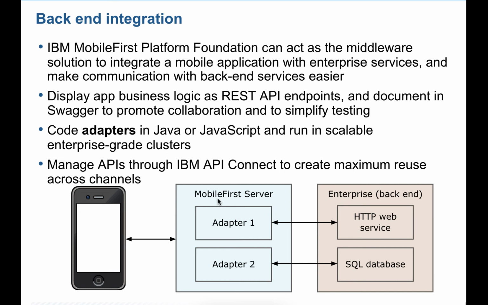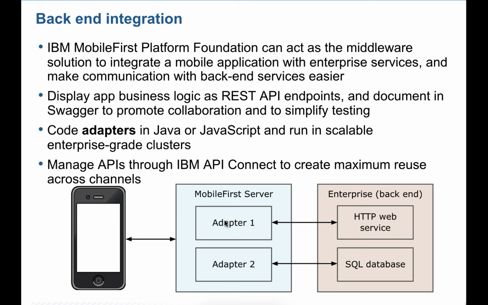First of all, once you have the mobile first server up and running, you will create an adapter. You can create multiple adapters. In one adapter, you can create multiple services. You can create the adapter in Java or JavaScript. You can deploy the adapter with the command line or directly by drag and drop. Anything you can do from the mobile first operation console. You can just drag and drop the adapter, and it will be installed, right? And you can do it with REST API as well.